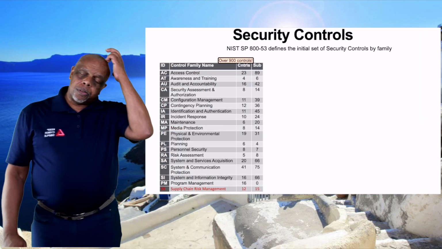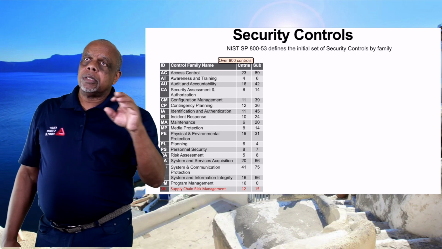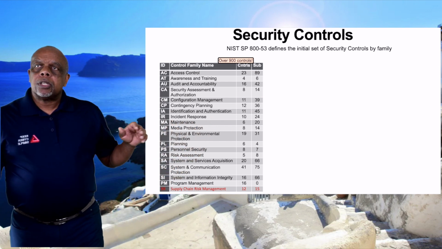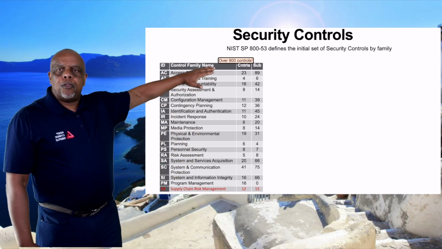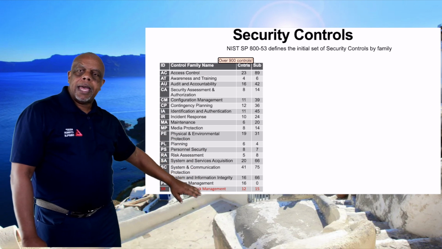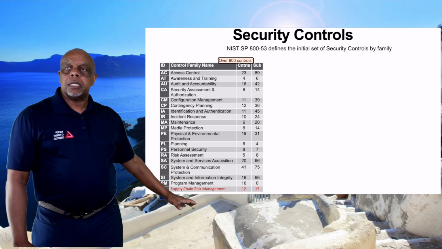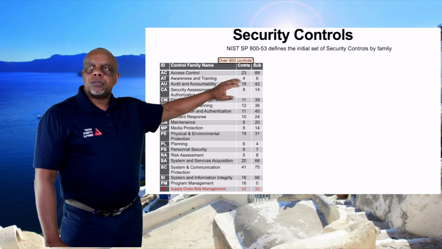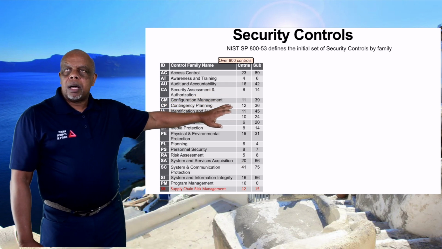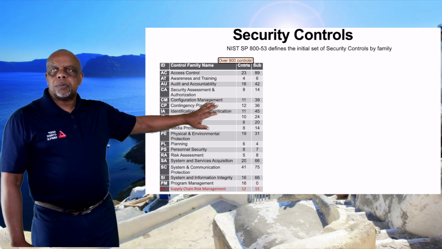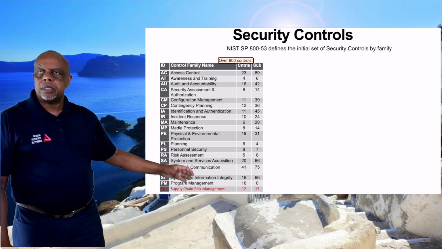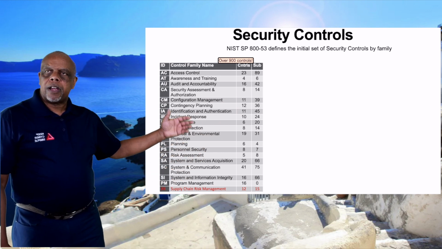So let's go a little bit deeper in controls. Again, I'm basing this on NIST 800-53. If you look at these control families, like I said, there are a lot of control families. Actually, Revision 5 just added a supply chain risk management family. So you've got access control, awareness and training, auditing, security assessments, all the way down the list. I'm not going to read all these, but you see the PE, the physical environment, and these are